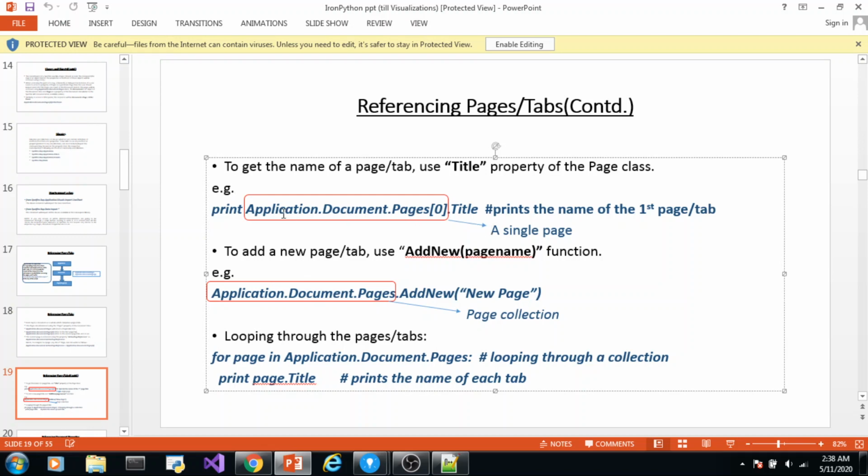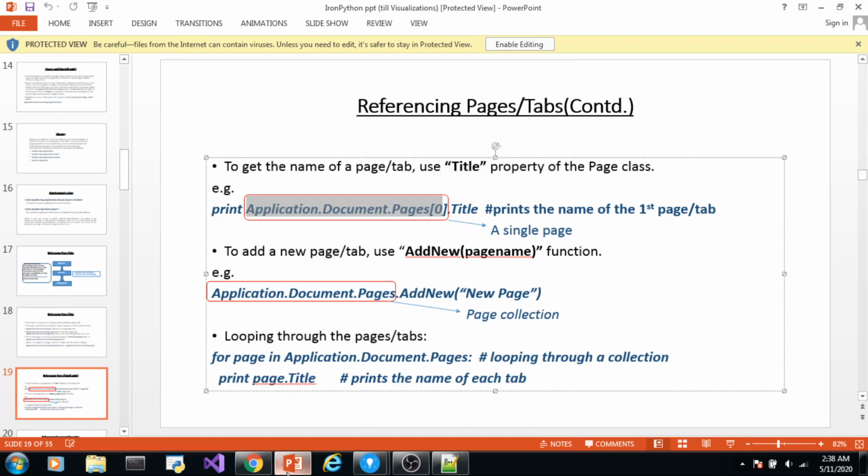This statement returns a single page object, so its methods and properties will be defined in the page class. Just like we had the human class and we created an object obj, to know what all methods and properties can be used with the object obj, we checked the human class, what all properties and methods are defined. Similarly here we will check the page class.